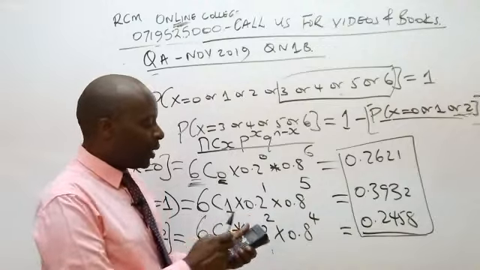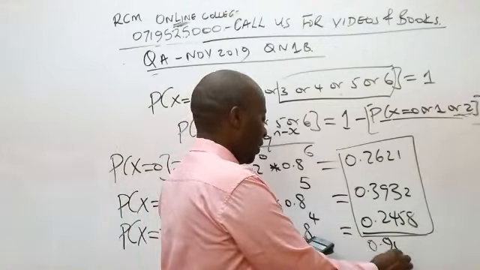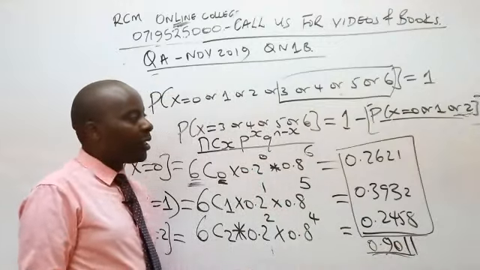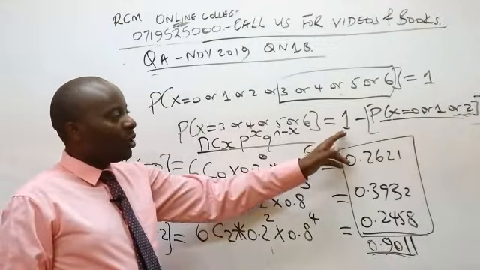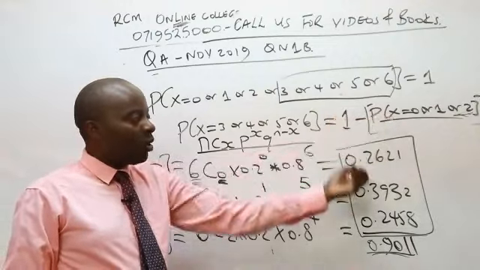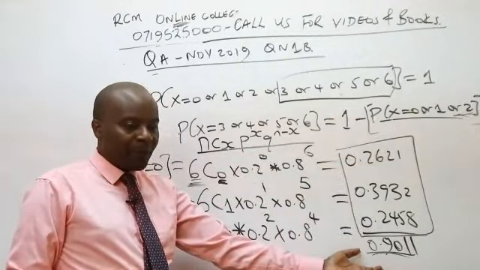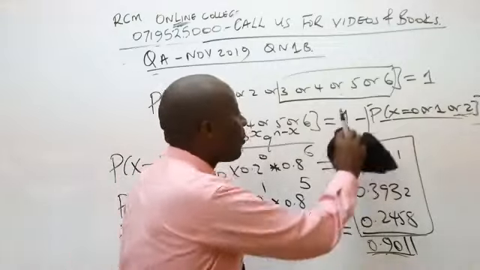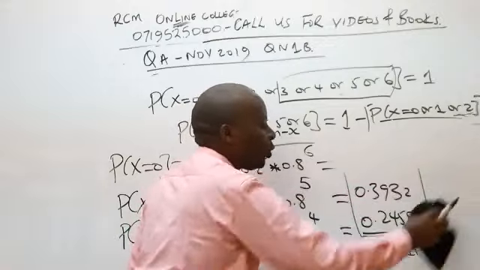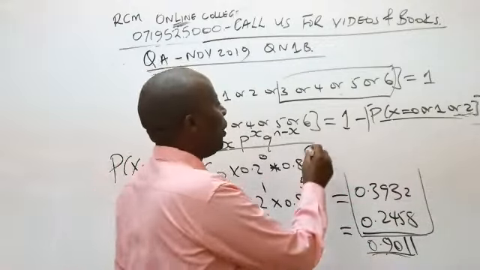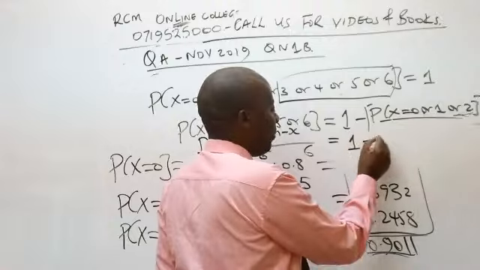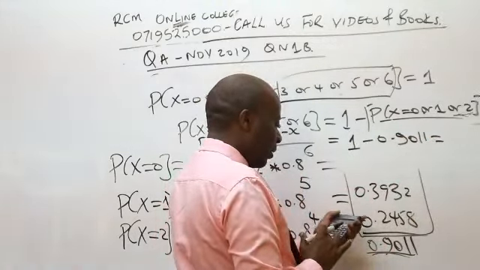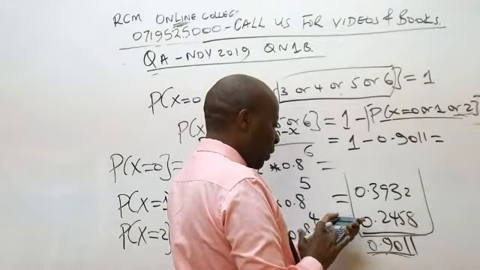2458, which will give me 0.9011. Remember, that is not the probability that they wanted us to get. If you remember, what they wanted us to give them here is 1 minus that block figure that we have just found there. So our probability for more than 3 will be 1 minus 0.9011, which gives us